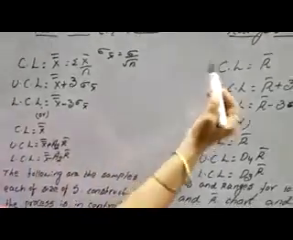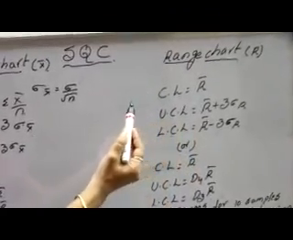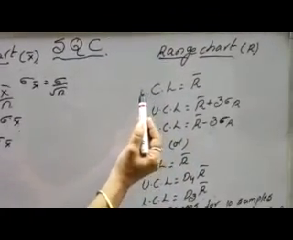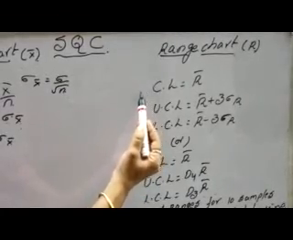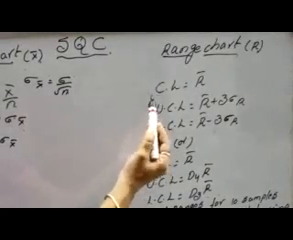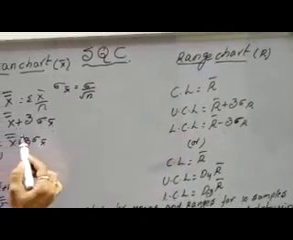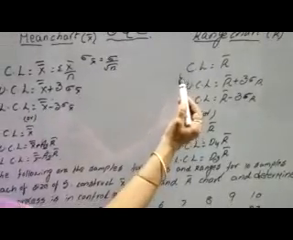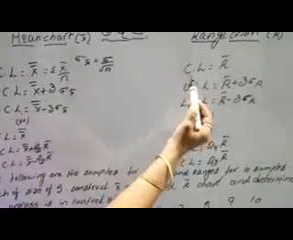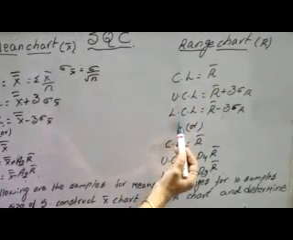Now come to the range chart. The range chart also comes under variables control charts. The range chart is useful for finding the quality dispersion in the product of process control. Here the mean chart is for the average quality of the product, whereas the range chart is for quality dispersion in the manufacturing process. According to the range chart also we can define three control limits: